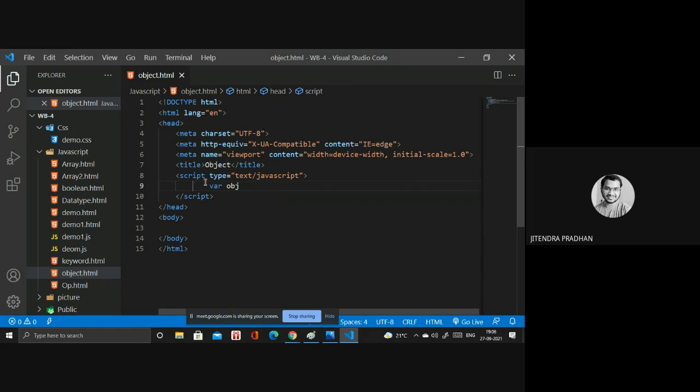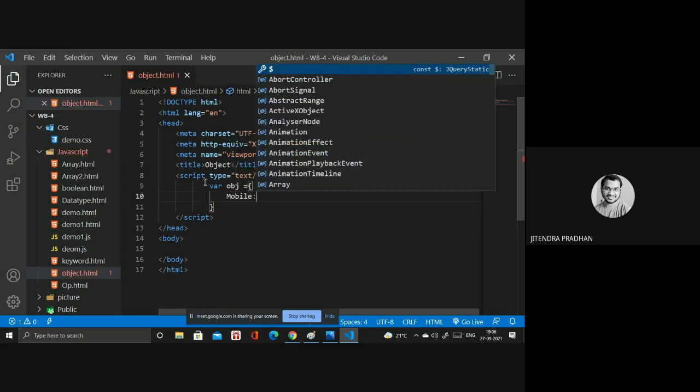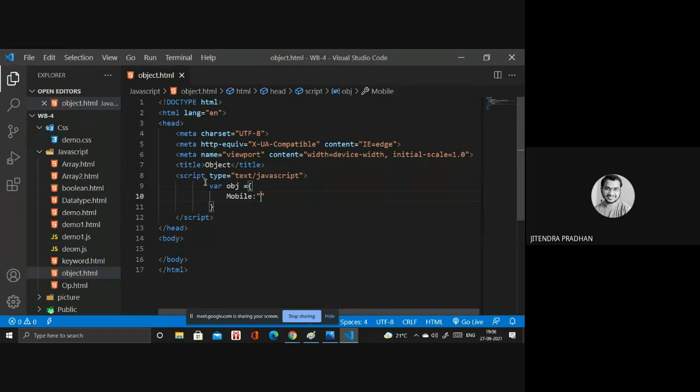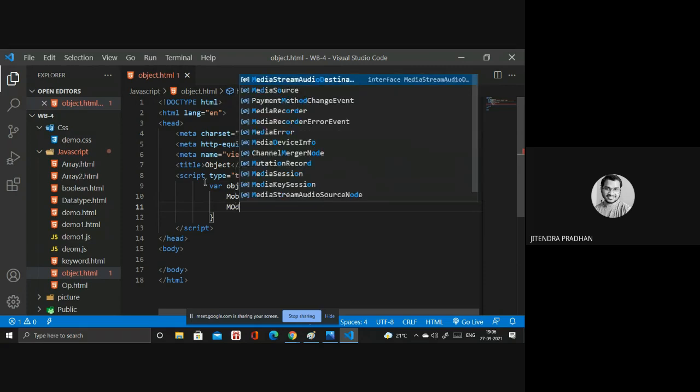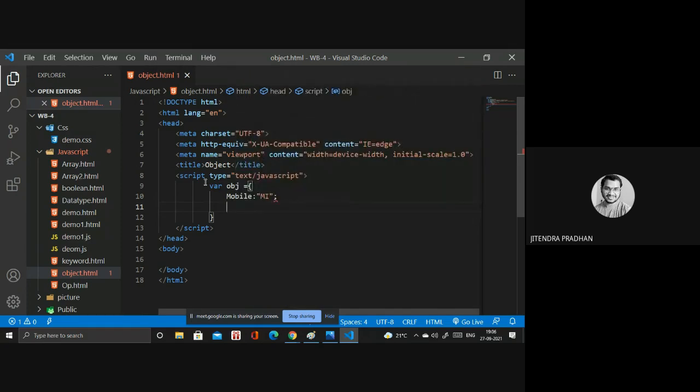Inside you have to write properties, like mobile, whether it's Mi or Oppo, whatever, and a model.